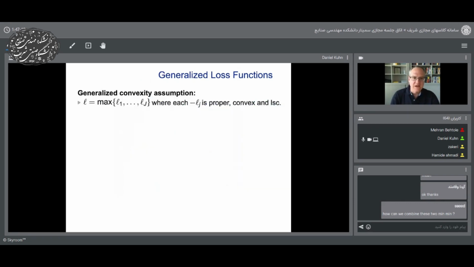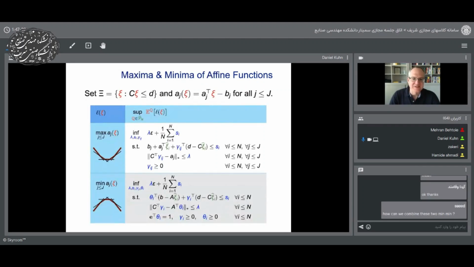Okay? And we can also generalize the results I showed you to other loss functions. So far I assumed that the loss function is concave. I can actually extend all results to loss functions that are pointwise maxima of finitely many concave loss functions. And then I can show you a few special cases of where this is applicable. Assume, for example, that the support set capital Xi is a polyhedron described by linear inequalities,